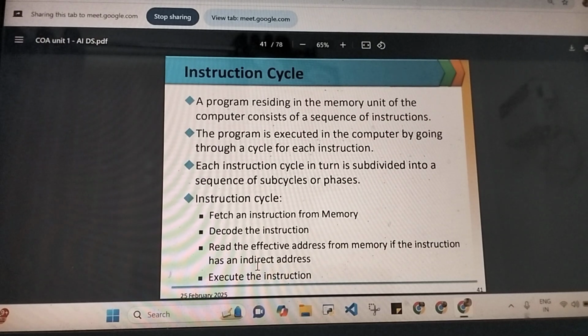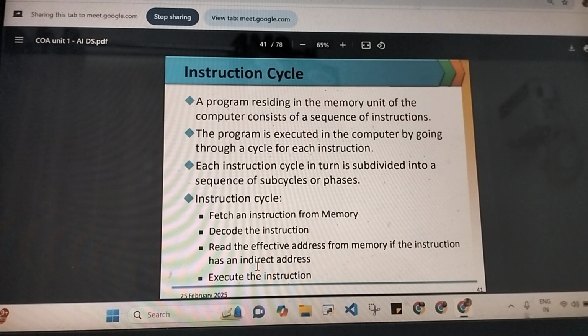Instruction cycle refers to the sequence of steps involved in the execution of an instruction. If you remember from yesterday's segments, we looked at how the instruction is first loaded from the program counter, the IR, then it goes to the MAR, then it is picked up from the memory, comes to the MDR, control unit, registers, ALU. That whole story which we looked at yesterday is exactly what the instruction cycle is.